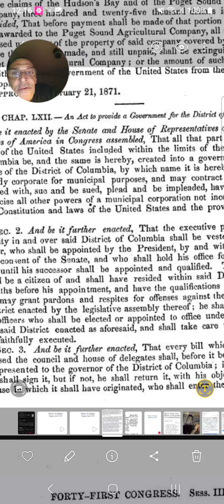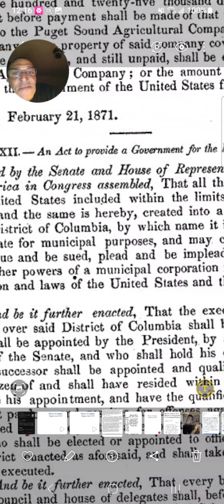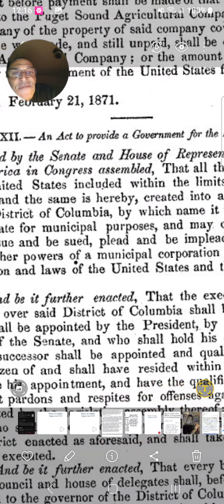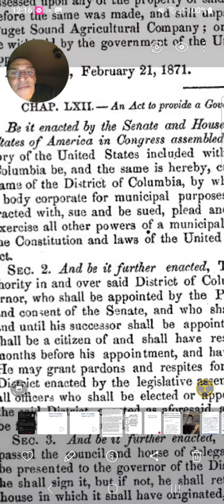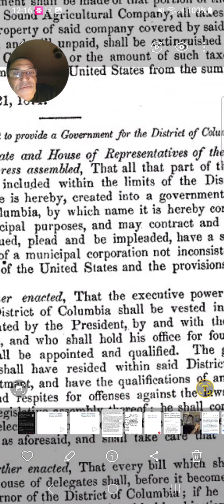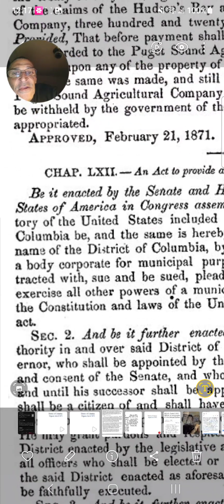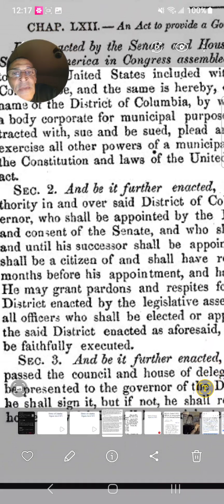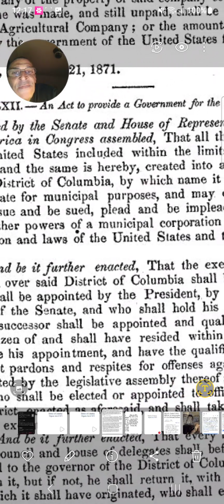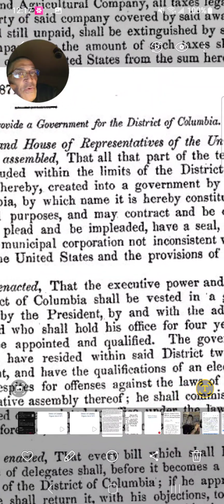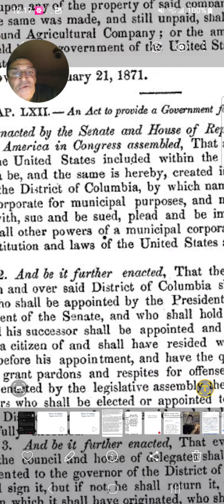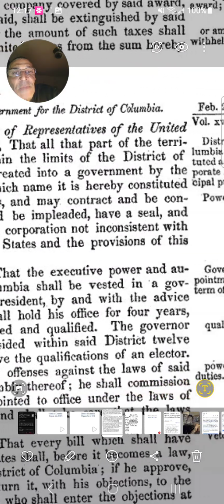Okay, if you read right here, it says an act to provide a government for the District of Columbia. Be it enacted by the Senate and the House of Representatives of the United States of America in Congress assembled, that all that part of the territory of the United States included within the limits of the District of Columbia be and the same is hereby created into a government by the name of the District of Columbia, by which name it is hereby constituted